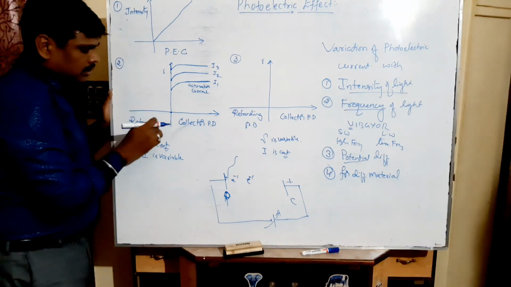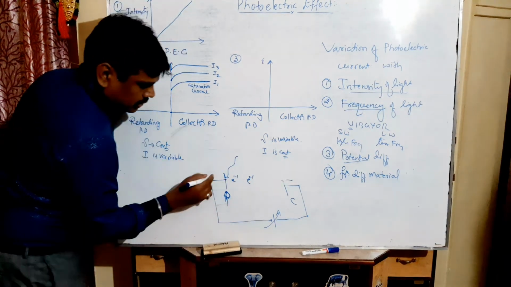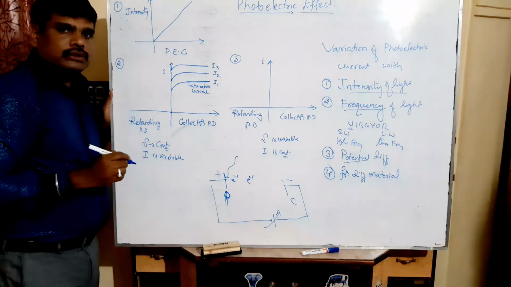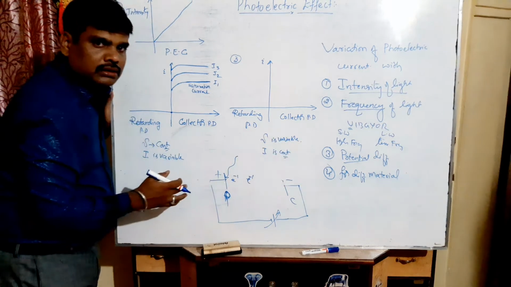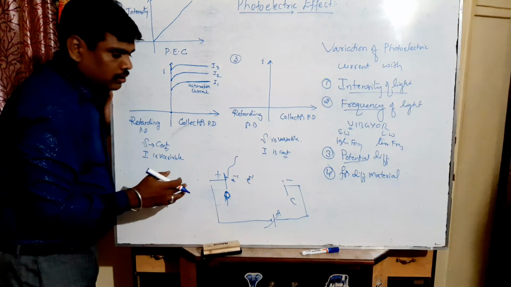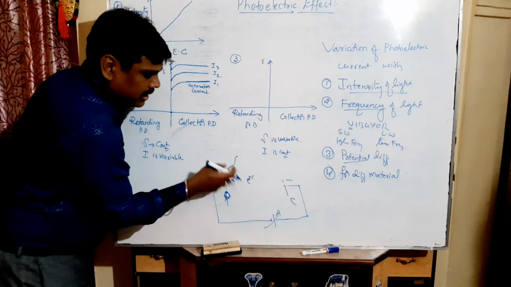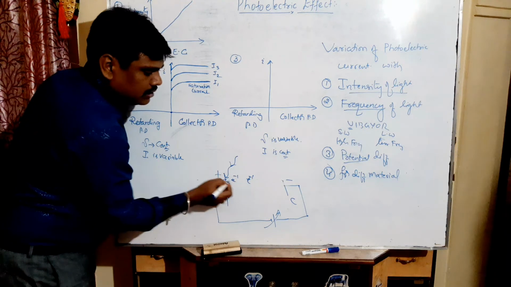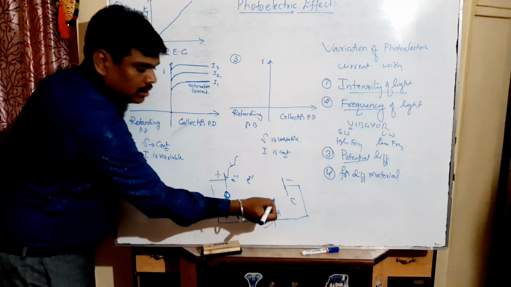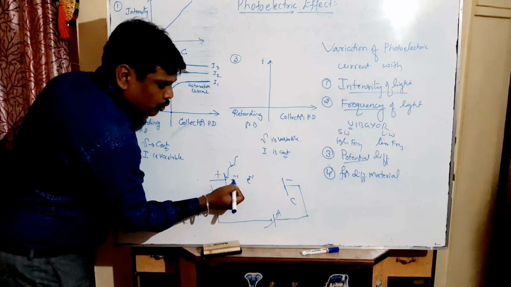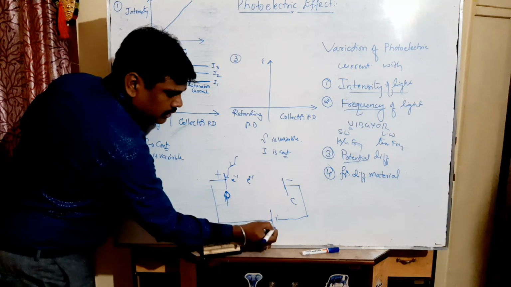Next, what happens if you reverse the polarity? Reversing the polarity means the collector becomes negative and the emitter becomes positive. Now the negative collector can oppose the movement of electrons. But still, at 0, some electrons can reach because they have sufficient energy to escape, and can travel from here to here without external energy. To stop the movement of electrons from here to here, we have to increase the potential from positive to negative, in the reverse direction.